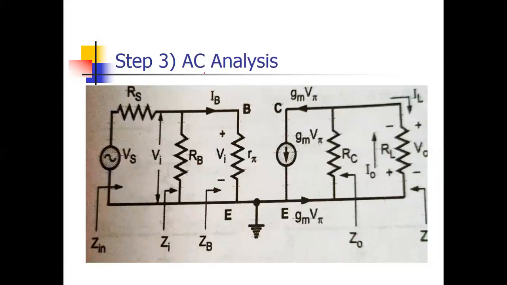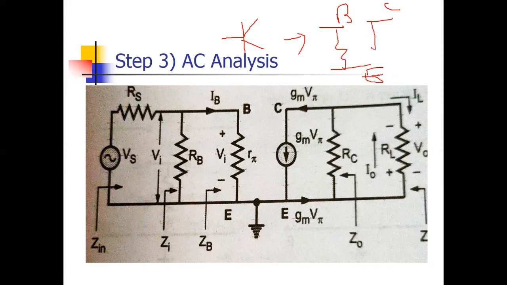For AC analysis, remember, first of all, this BJT symbol is converted into the small signal model. If you remember from the previous lecture, the BJT is converted like this. This is the collector, this is the base, and the emitter is grounded. You have to connect one input resistance r pi and one current source at the output, that is gm into V pi. So this is your hybrid equivalent model for a transistor.